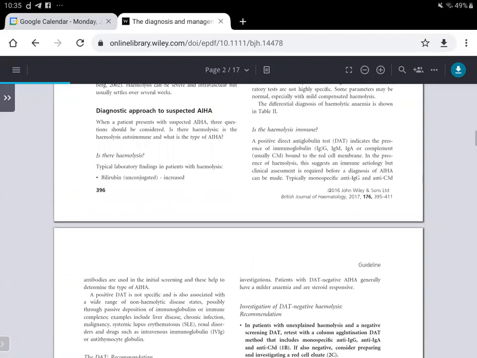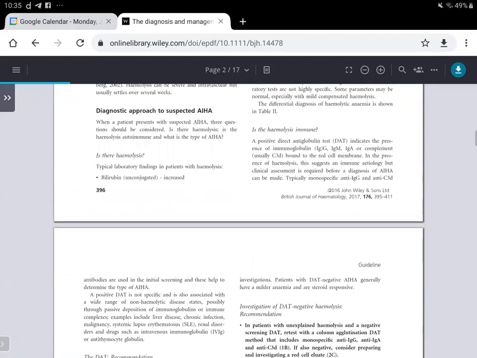This can be seen from this chart as well, which shows the warm type of autoimmune hemolytic anemia. That is the primary and secondary causes, and the secondary causes are mostly infections, neoplasms and immune dysregulations. Immune dysregulations can include common variable immune deficiency syndromes and also post-transplantation. Also autoimmune disorders like SLE, sarcoidosis, scleroderma, Sjogren's, and infections like hepatitis C, HIV, CMV can all cause warm autoimmune hemolytic anemia, and neoplasias like CLL and lymphomas.